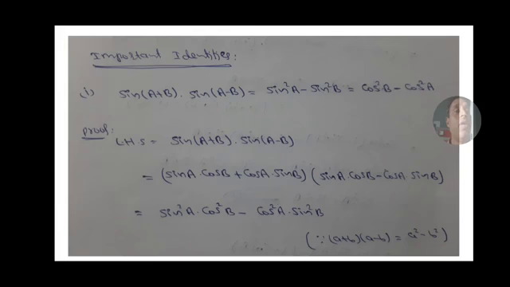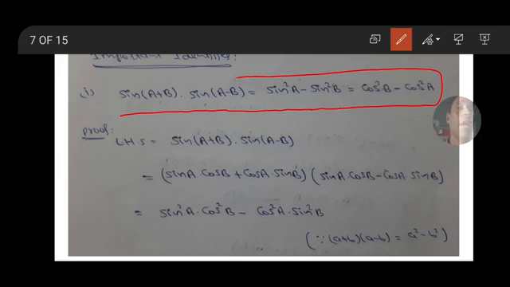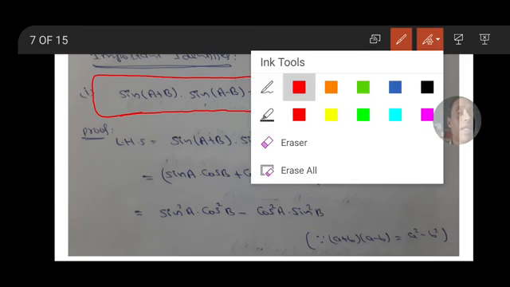It is a formula, you have to remember it as a formula: sin(a+b) into sin(a−b) equals sin square a minus sin square b, or cos square b minus cos square a. Okay, we have to remember this as a formula. Okay, next identity,